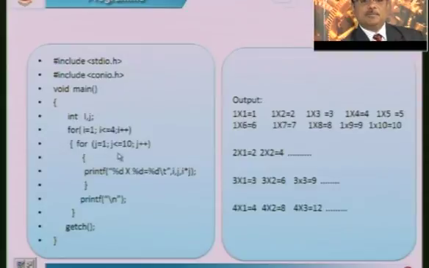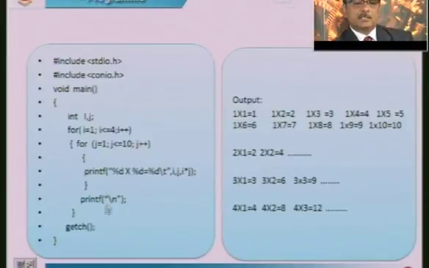Whenever the j value becomes greater than 10, control goes outside this loop to printf slash n. After this statement, the new statement starts executing from a new line. That is, slash n helps in carriage return, the new line character. The control goes back and i now becomes 2 because you are incrementing i by plus plus, that is i by 1. When i is 2, j varies from 1 to 10 once again. That is why 2 into 1, 2, 2 into 2, 4, like that it will continue until 2 into 10 is equal to 20 is repeated.